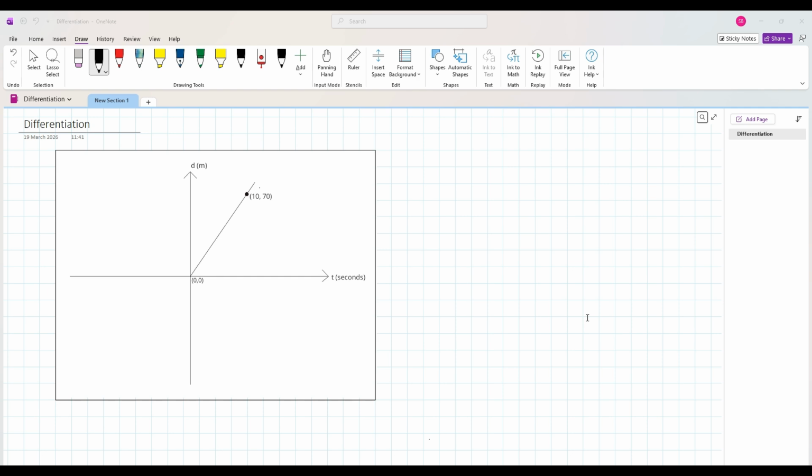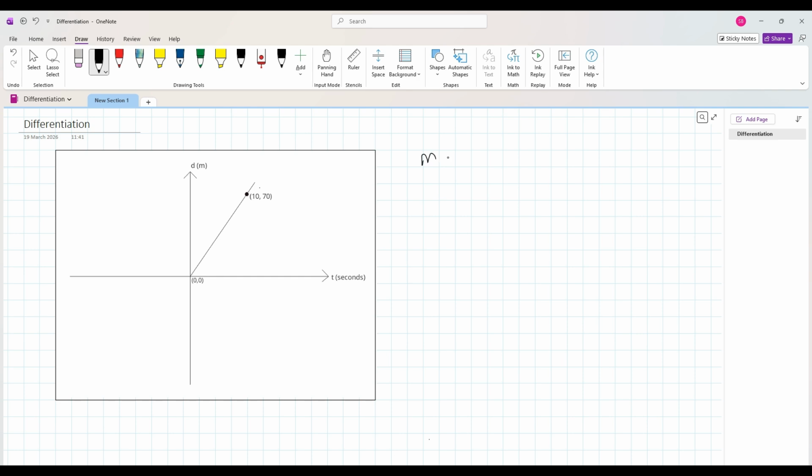Let's consider a practical application by looking firstly at the linear function displayed on the graph with the distance d travelled on the vertical axis and the time taken on the horizontal axis. You should recall that the average velocity of an object is the distance travelled divided by the time taken. So, if we were to find the velocity in this case, we would simply need to find the gradient of the line. If we are given a point on the line, say (10, 70), the gradient is found by